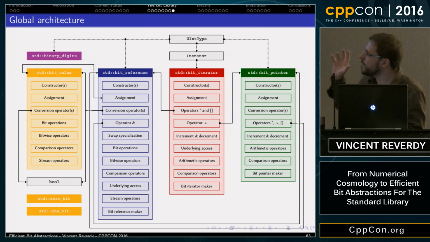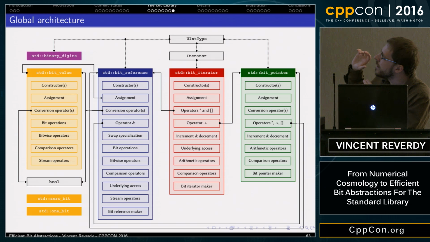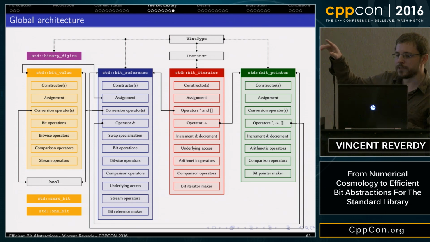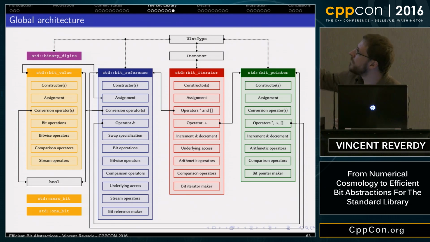Here, to answer this question, this figure summarizes the main tools we have in the bit library. So we have a bit iterator, as I said, that can, with an operator like dereference and bracket, give you a bit reference.